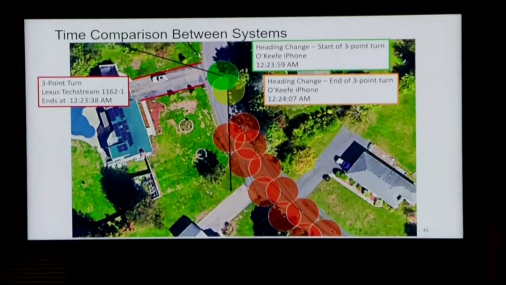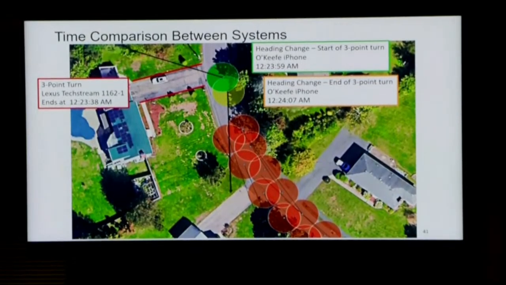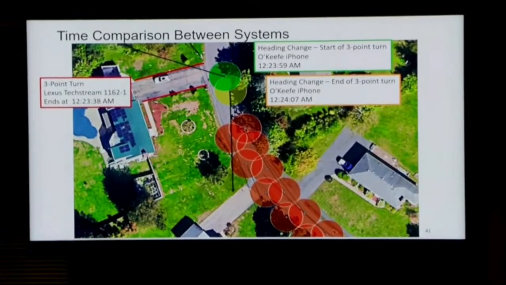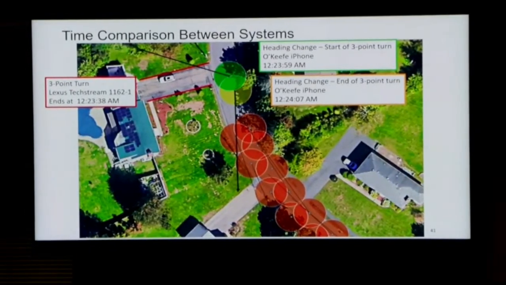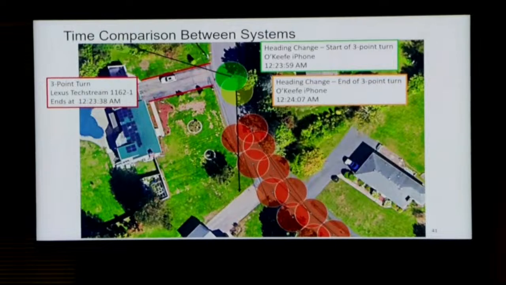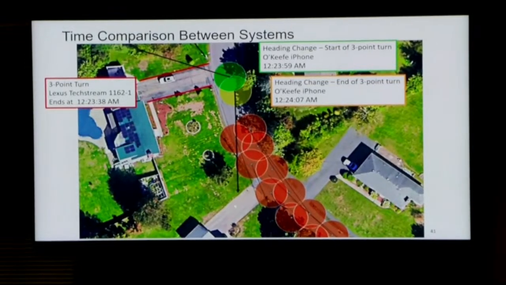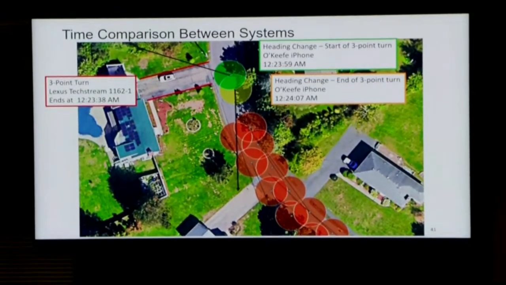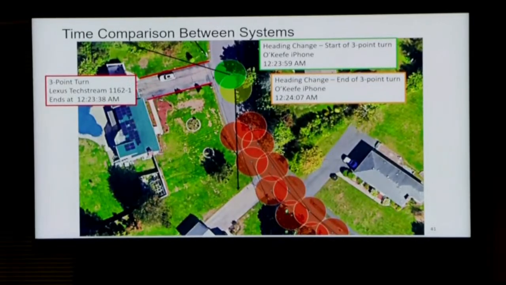And you can see the heading change from the black arrow leading off of the center radius of the GPS position. And then at 12:24:07, you see the heading change to a southern direction, and then the other GPS points are consistent with the vehicle moving southbound on Cedar Crest.